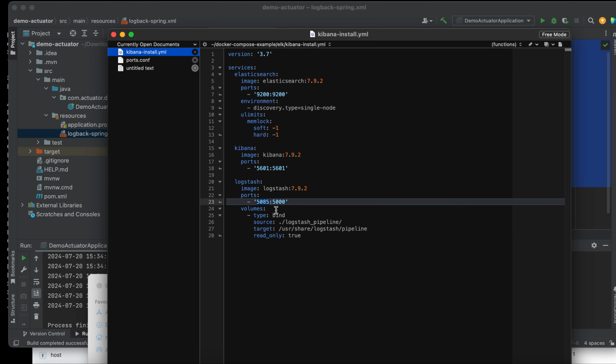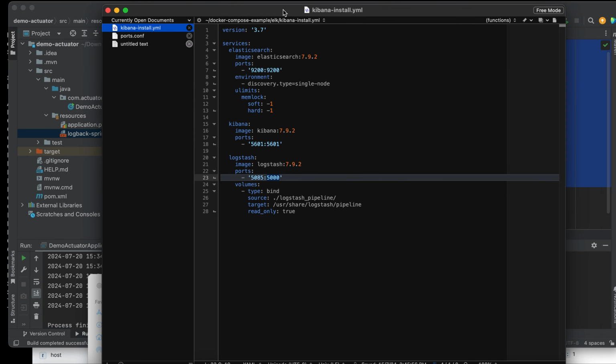So any request to port 5085 will be forwarded to this Logstash port, the application port. Alright, I hope it's clear. So let's test it.